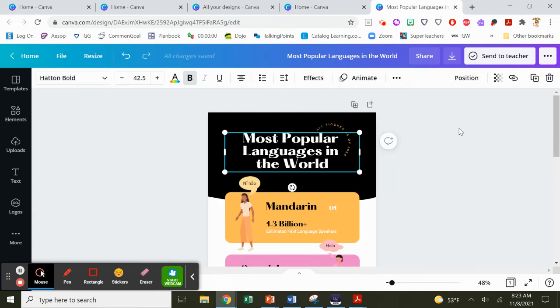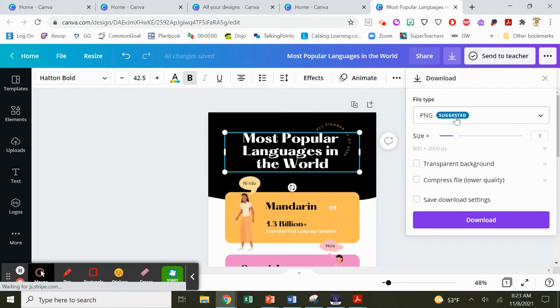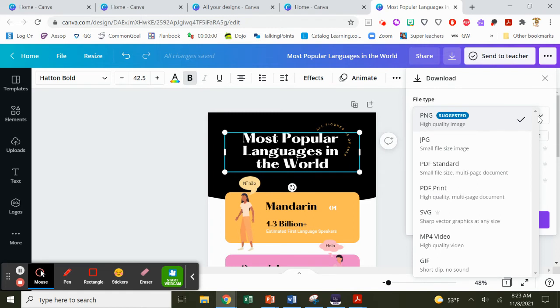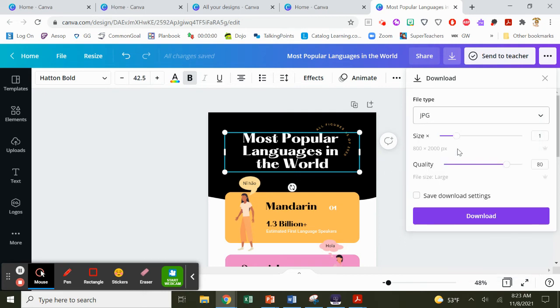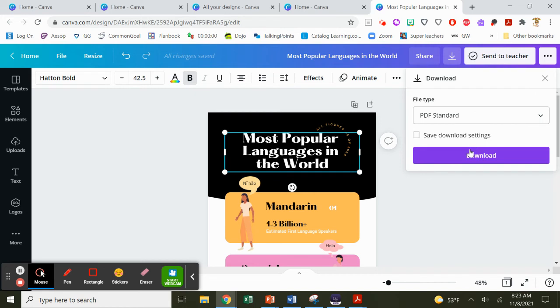Okay. When you are done, you're going to download. I would use PNG. That's the best one, or you can use JPEG. So PNG or JPEG. I think to get it into Google, you have to use JPEG or PDF standard, one of these two. But you'll change it to either JPEG or PDF standard, and then you're going to download it. Save the file as your name, okay? So when you click download,